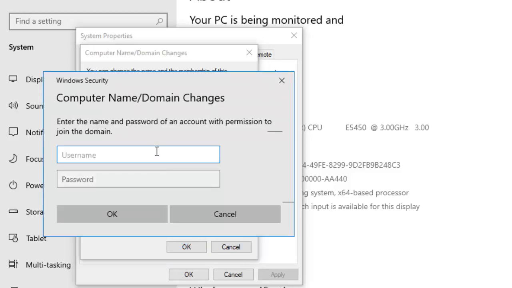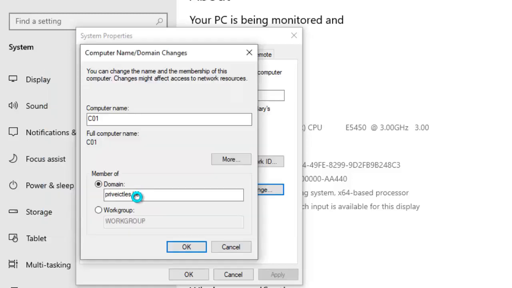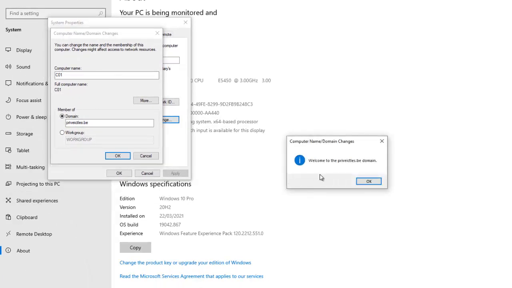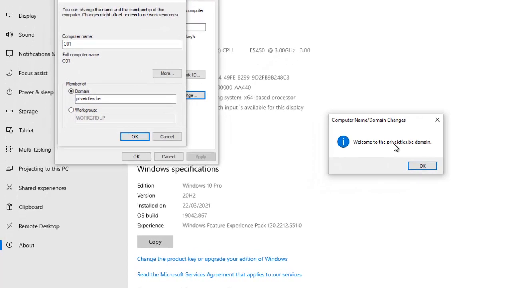You'll be asked for your admin credentials. So I'm going to enter the administrator name and then the password for the administrator login name. You may have a different login name which has access to the domain controller. Then click OK. The password and the domain name are correct, so this device will be joined to the server. You can see that it says welcome to the domain. So click OK,